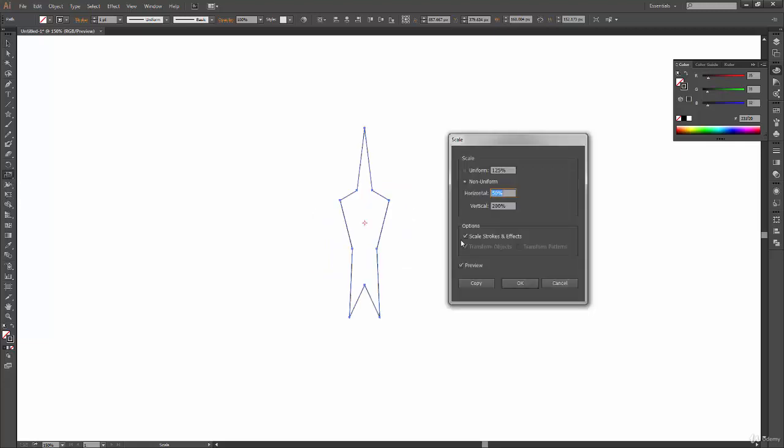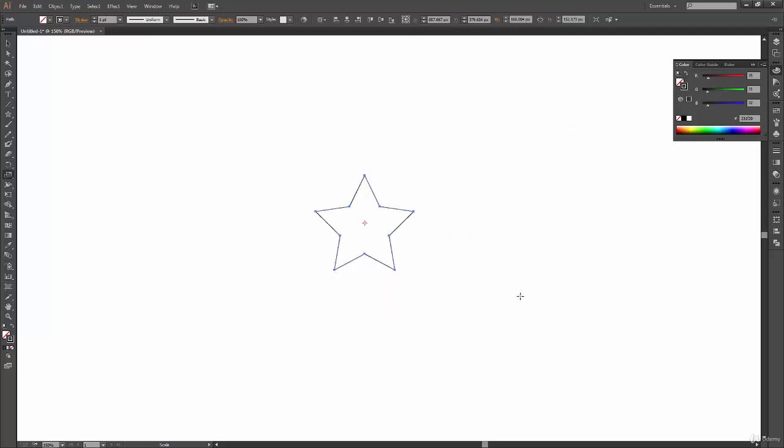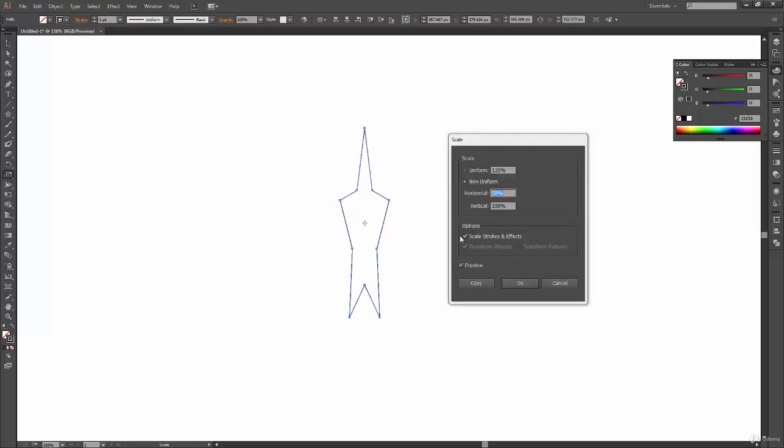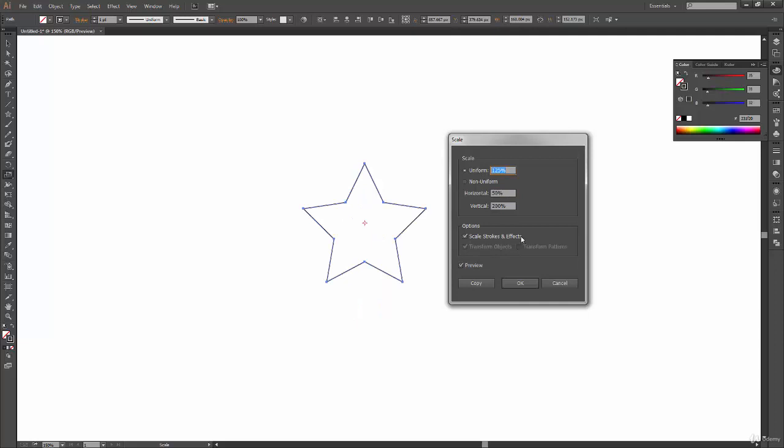Now the next thing we have is scale strokes and effects. To see this option, let's go back to our star and see the outline first. The stroke value here is 1 point. Now when I double click on this and I have this checked on, what it says is it will scale my stroke along with the shape.